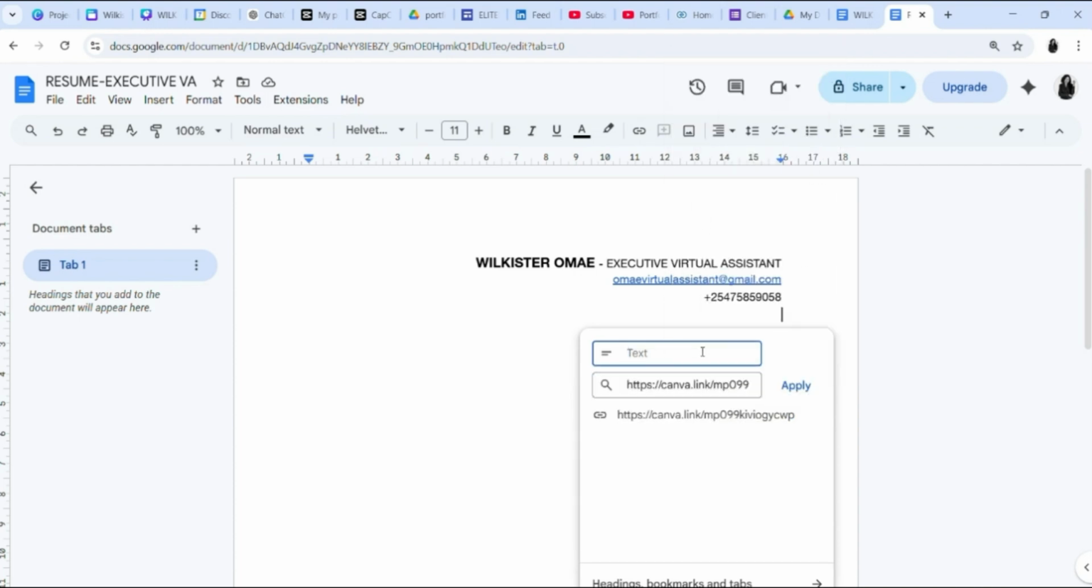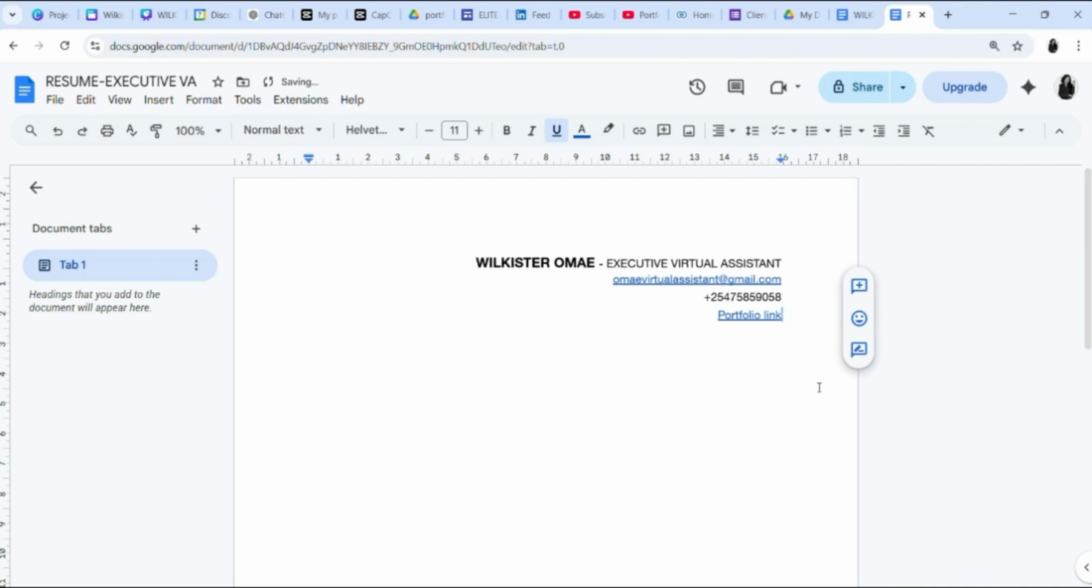We'll paste the link, then for the text say my portfolio link, and apply. Whenever someone goes through your CV, they will just click the link and it will take them to your portfolio. The next thing we're going to do is put our LinkedIn profile link here also,